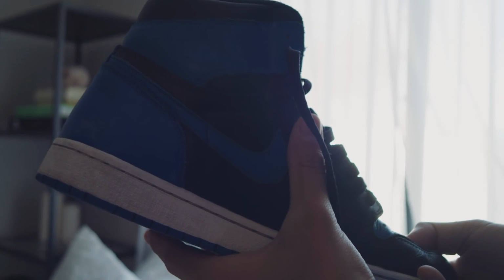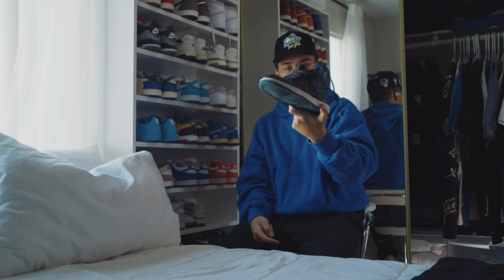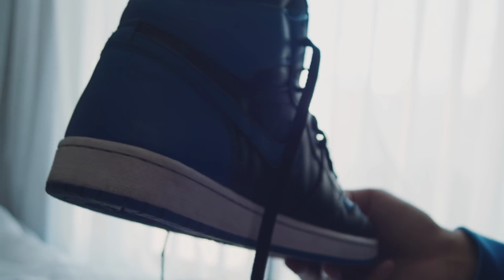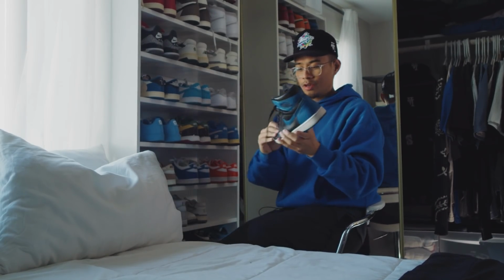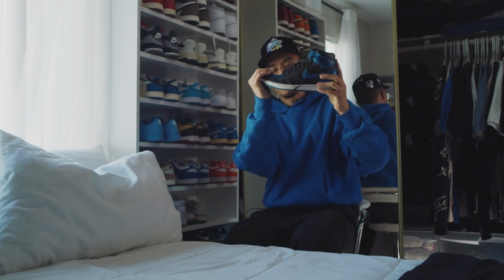If you guys can see, I do have the paint coming off on the backside, but this is the Royal 1 Jordan 1 High. Really love this shoe. And yeah, my most worn shoe in the collection. Very, very beat up. And a lot of people with my videos, they're like, the creases, bro, like, you know,